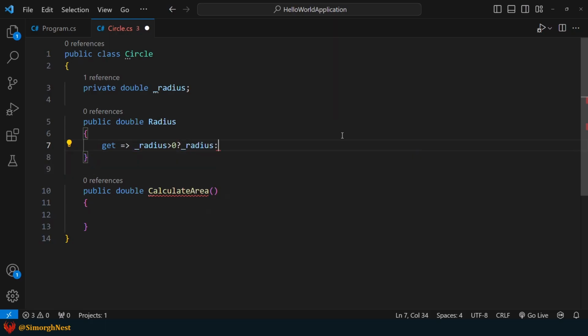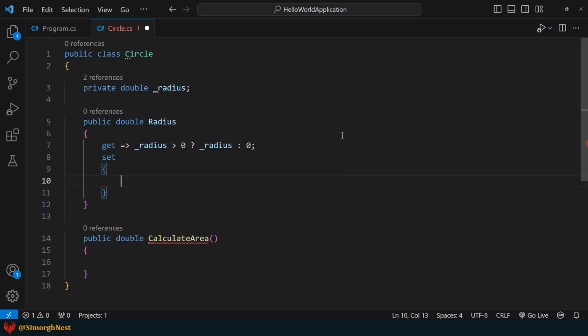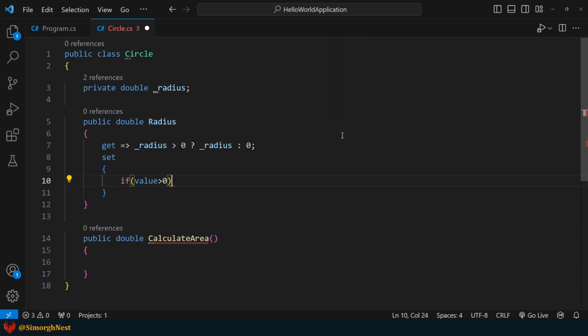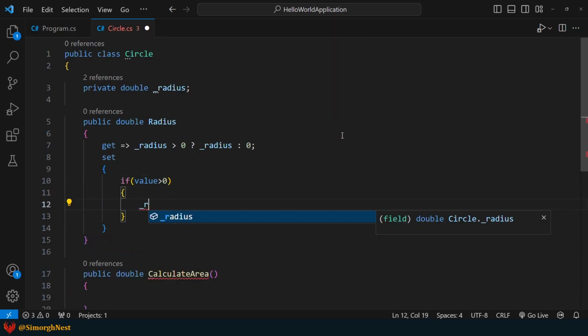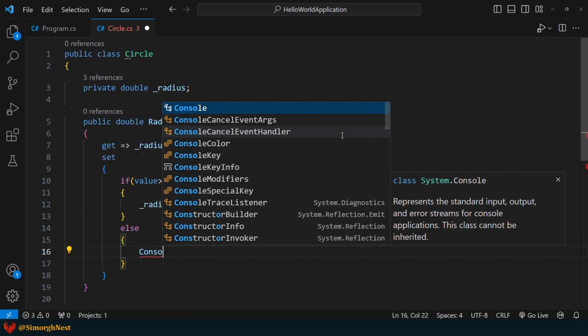If it's not, we return 0 instead of the actual value. In the setAccessor, we also check if the value is greater than 0. If it's not, we display an error message.